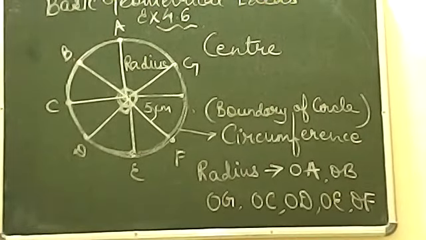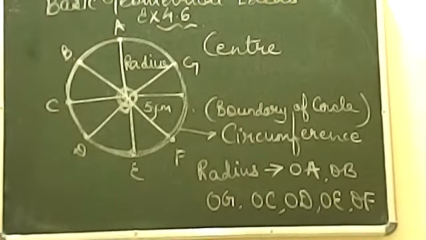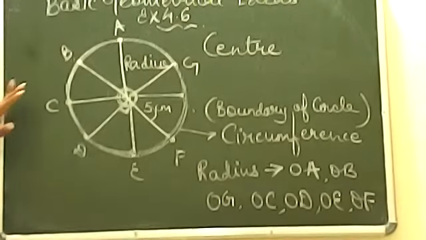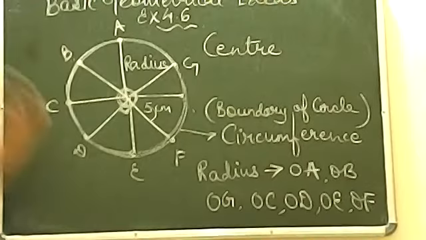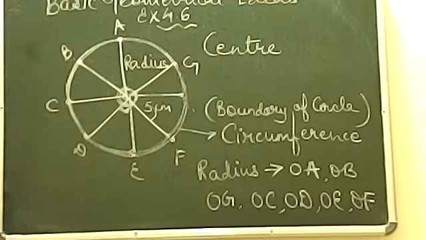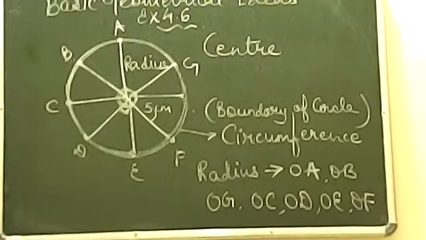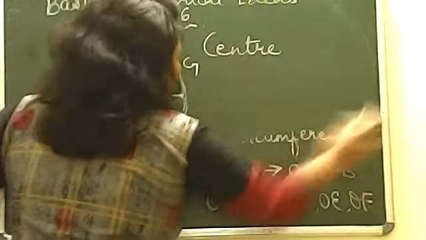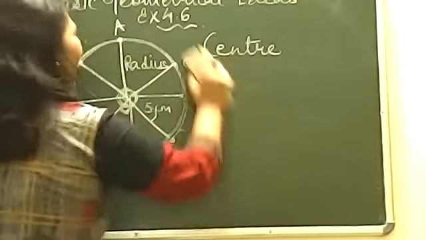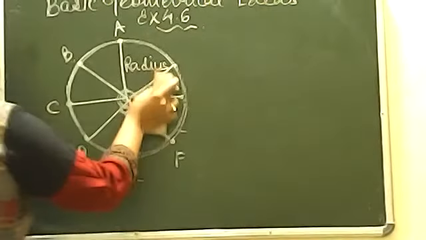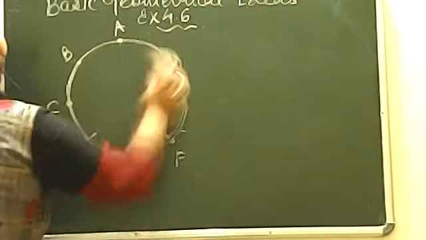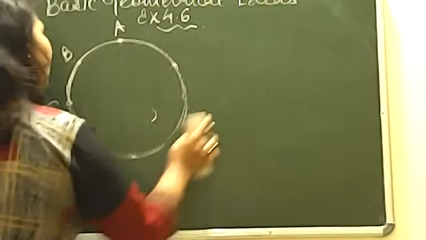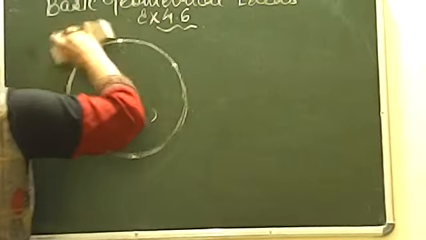Now students, I would suggest you now start working on the second circle, because this circle is full, I think, in your copy also. So do one thing, now work on the second circle. ठीक है, because इसमें हम लोगों ने बहुत सारी चीजें पढ़ ली हैं. So I'm going to rub this. I'm going to rub this also, because now we are working on the second circle. So please have your second circle.